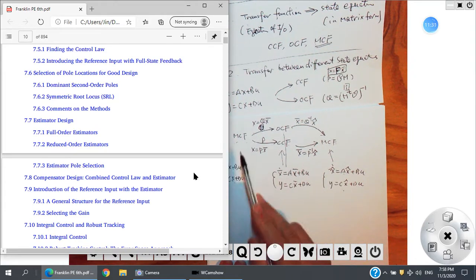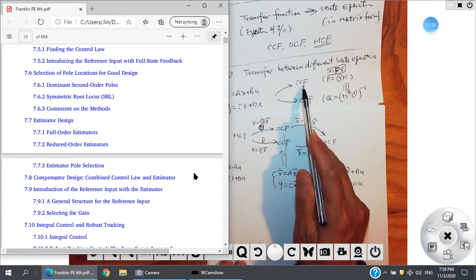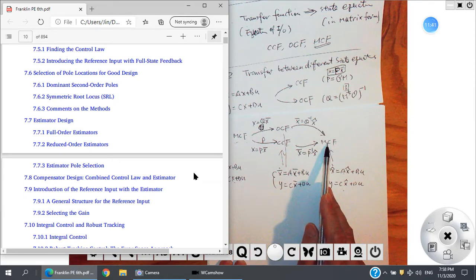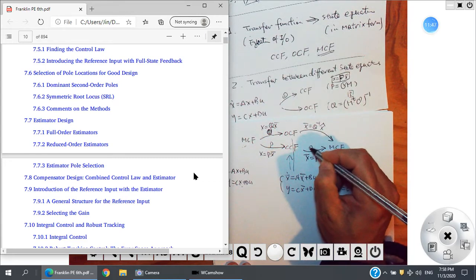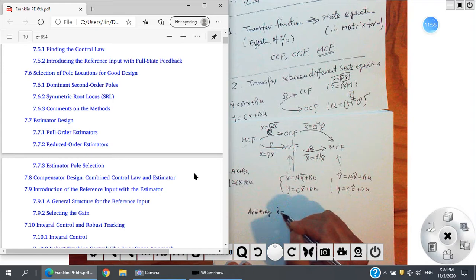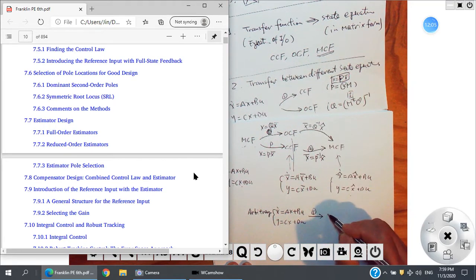Right. Okay. Now I will see if I want anyone to go to MCF, how to do it. You can think like this. You know how to transfer this one to CCF. Then from CCF, by this way, you can know how CCF goes to MCF. So I say this is 1, this is 2. So arbitrary x dot equal to Ax plus Bu, y equal to Cx plus Du, arbitrary goes by 1 to a CCF. Then by 2,